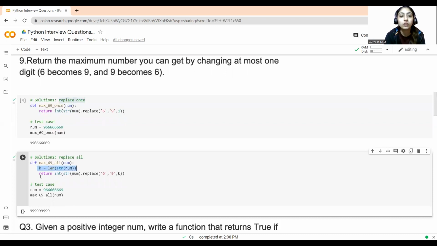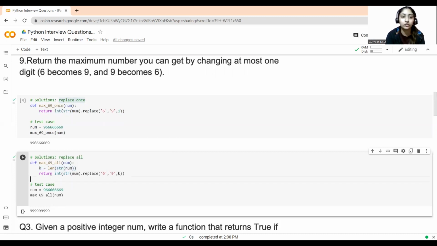Then I return the string with all the sixes replaced by 9, and in the count value I have given k, the length of the string. Once it has been replaced, I convert it back to an integer using the int function and return that integer.